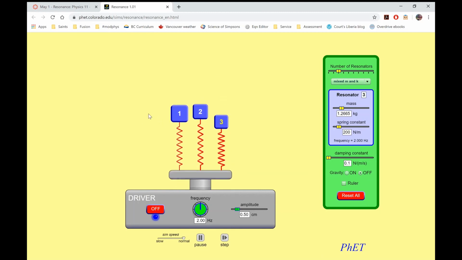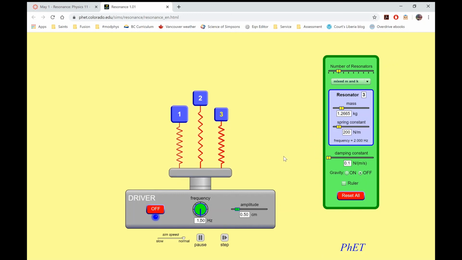I have that bit of awkwardness from number 1 and number 2. Number 2 is oscillating a little better. It's closer to its natural driving frequency, and 3 is just going all over the place. I'm going to turn up damping just to bring it back down. If I then change this to 1.5 hertz and turn off damping,